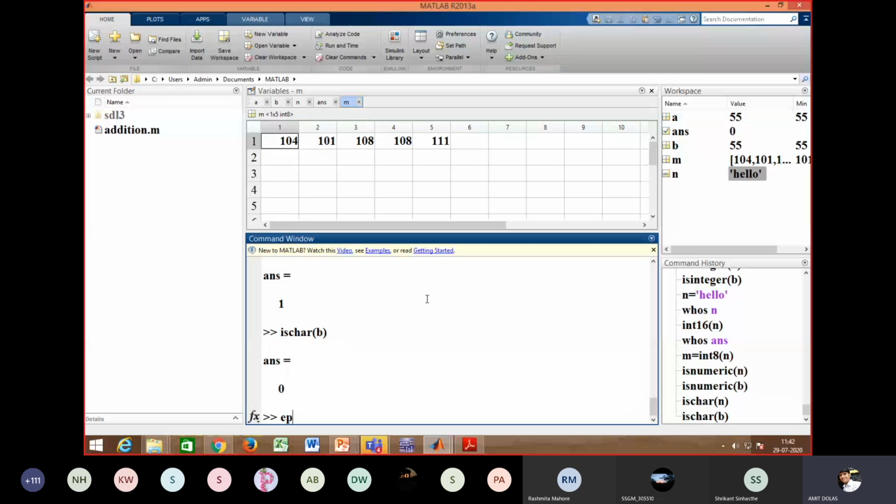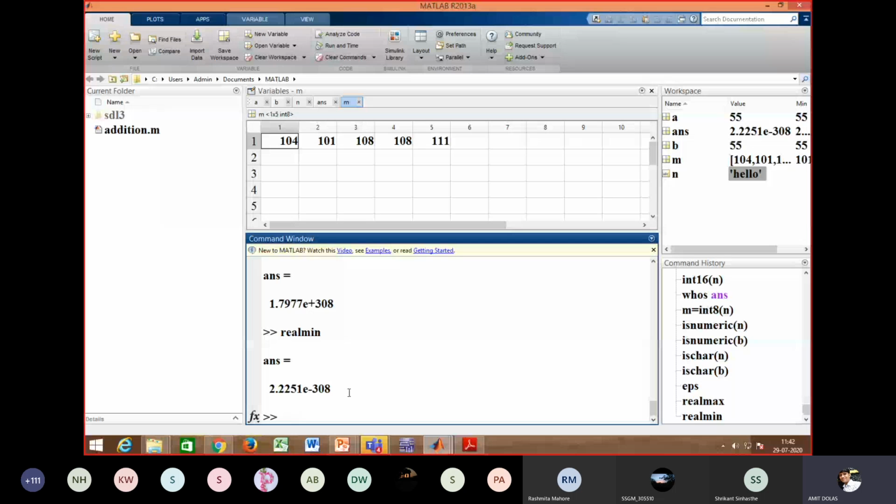So I'll say EPS, it shows the accuracy. This is the accuracy. We don't have to do everything with this, nor think too much about it. This is the accuracy where the floating point can be displayed. Then I will say real max. This will be the maximum real number that can be used or assigned and displayed on MATLAB. Then I'll say real min, this will be the minimum real number that can be used in MATLAB.